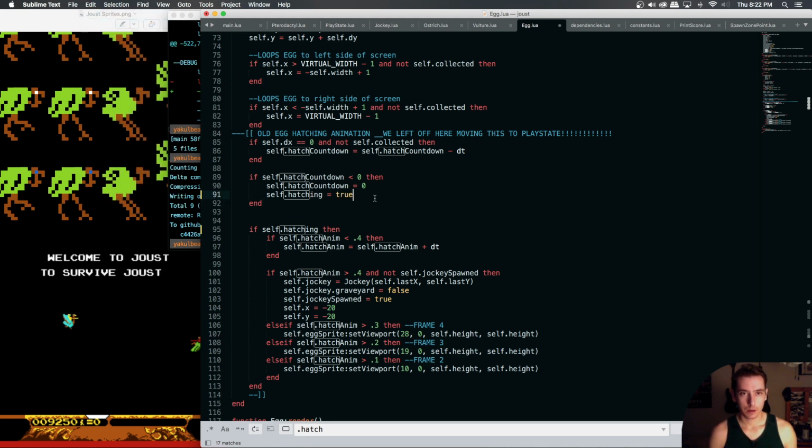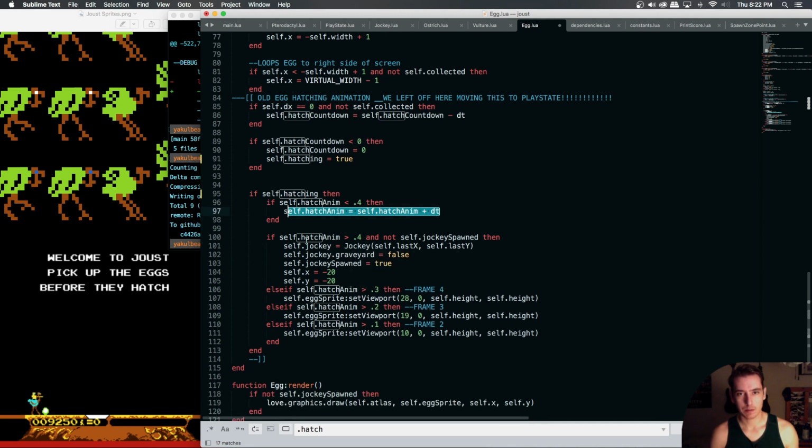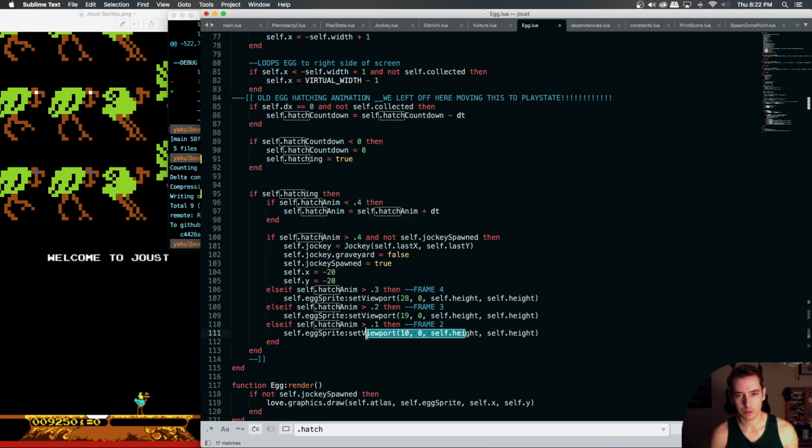Okay. So now we are hatching if hatch countdown is smaller than 0, and if we're hatching, increment your hatch animation timer. And if our animation timer is below 0.1, it'll be the first frame. If it's below 0.2, it'll be this one. If it's below 0.3, and then when it's greater than 0.4,